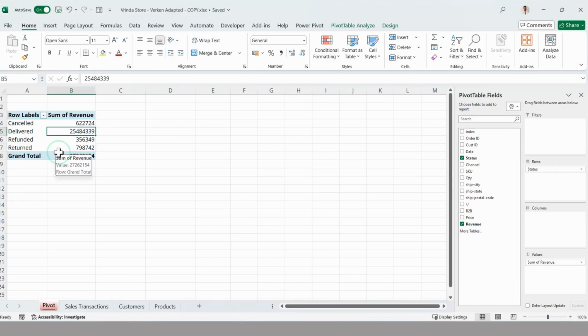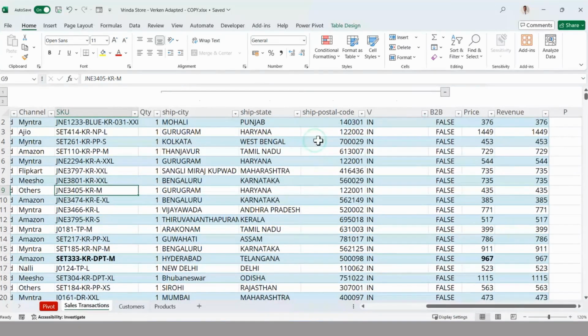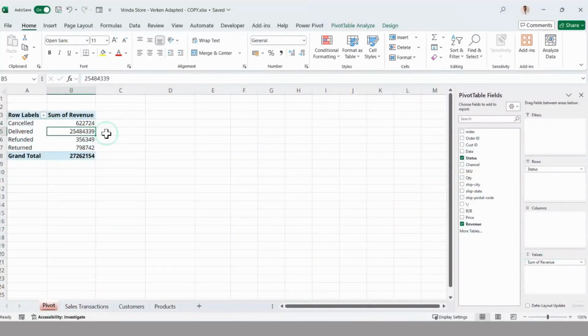All right, so this is very useful. Any calculation you want to make is in the values field. Now, if you want to count something, it will still come in the values field. So if the field you have here, for example, if I'm looking at revenue, because revenue is a numerical field, the default behavior in the values field will be that it will sum